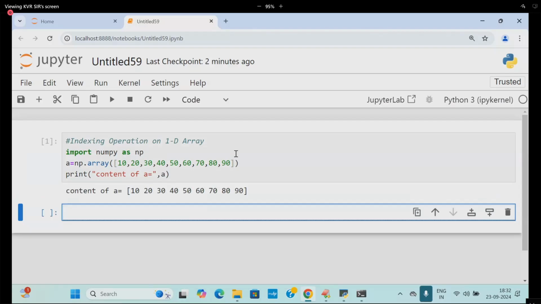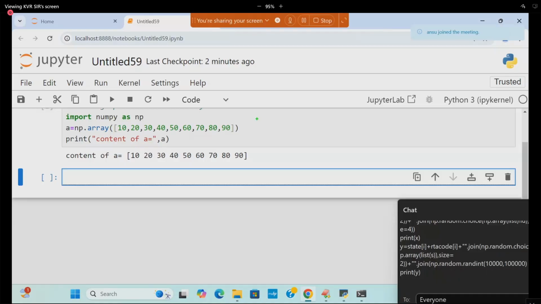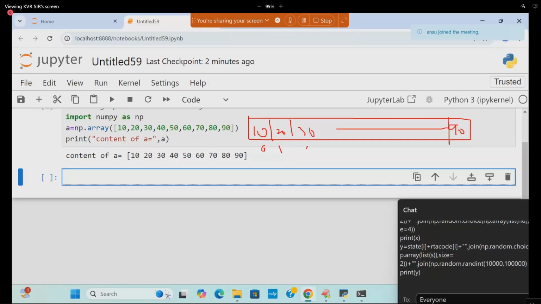And the memory management is going to be the same. Whatever memory management Python provides, the same memory management applies even in ndarray. I need not write it separately, students. Don't expect me to write it again. The elements are 10, 20, 30, 40, and so on up to 90. The indexes are 0, 1, 2, and so on, and from the end it is minus 1, minus 2. It is the same memory management of Python, even for ndarray, Pandas and Matplotlib. Throughout Python scripting, the same memory management is followed.